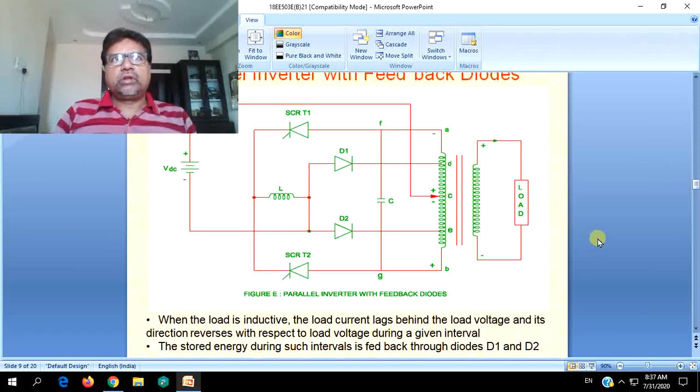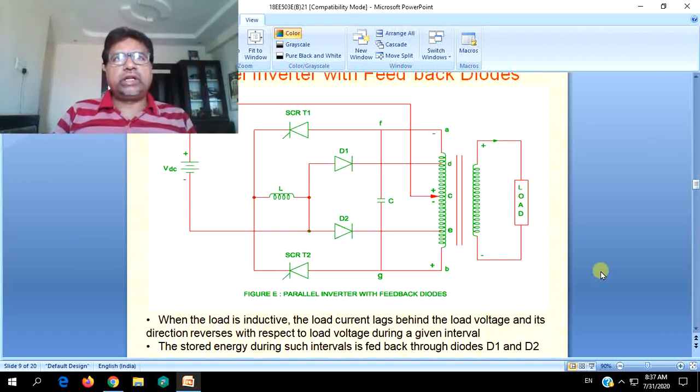So positive and negative half cycles of both voltage and current will be exactly the same. They will be symmetric and periodic. But for inductive loads, current lags behind the voltage by some angle, to a maximum of 90 degrees for pure inductance. Say the lagging angle is some 40 degrees.